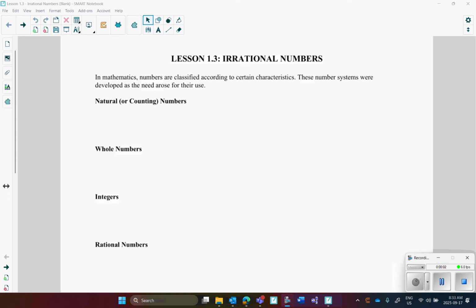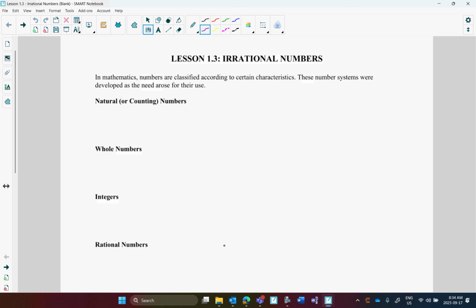Last year, we talked about number systems because we talked about rational numbers, and we did some work with rational numbers last year. This year, we're also going to focus on something called irrational numbers. You actually know an irrational number, and it is pi, and we'll talk about it in a second. So just to review the number systems,